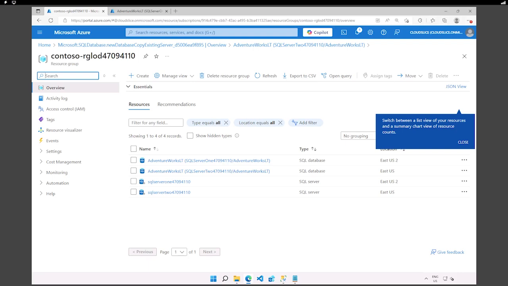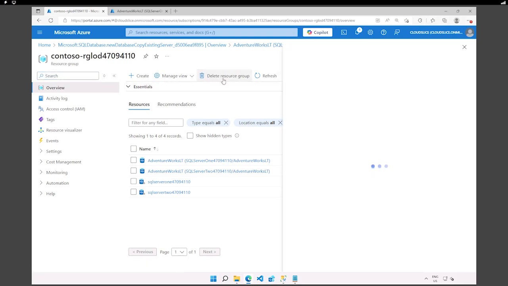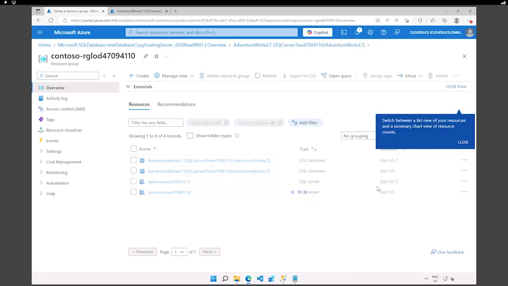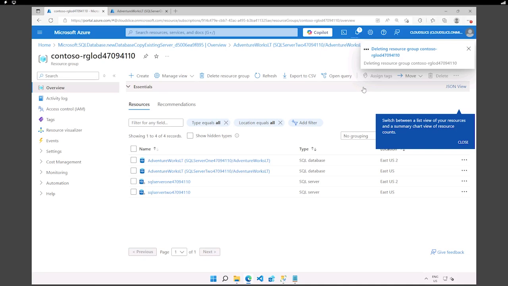Then we enabled the geo-replication, and then we did a failover against that database to that secondary region. And then, as mentioned, once you're done with your resources, it's always a good reflex to delete what is not needed. This step here will help us delete everything. I'm going to let it run.